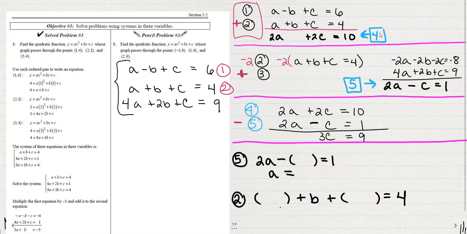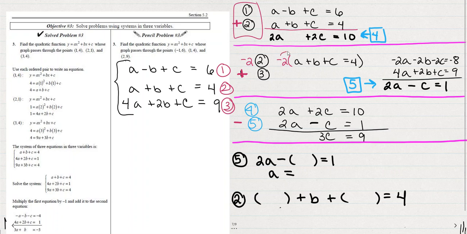I need to now eliminate b using equation 3. I'm going to use a factor of negative 2 times the first equation. So negative 2, or not first, the second equation. Negative 2 times equation 2, a plus b plus c equals 4, added to 4a plus 2b plus c equals 9. And that would give us negative 2 times equation 2